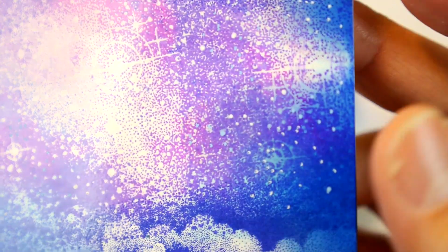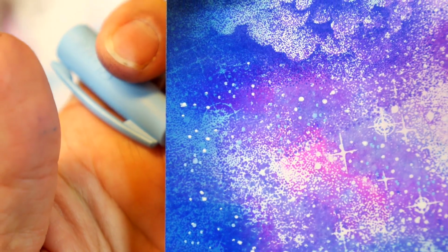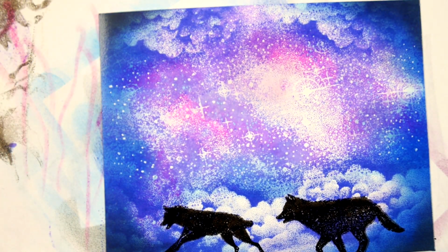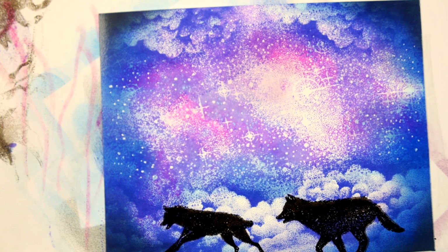So right there. It's really giving it a nice rich surface. You can see these are the gel pen dots out this way. The stamp itself has a lot of variation and texture in it, but going into it and reiterating it with some of our media that we have out there is really fun. Let's see if I have a metallic or glitter violet, which I'm sure I do in my